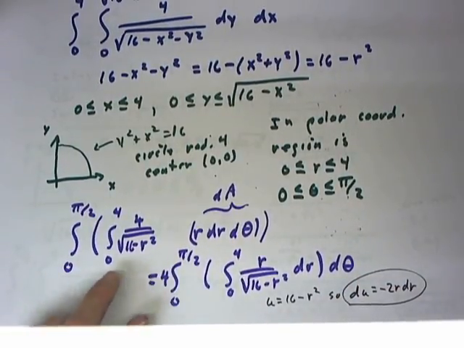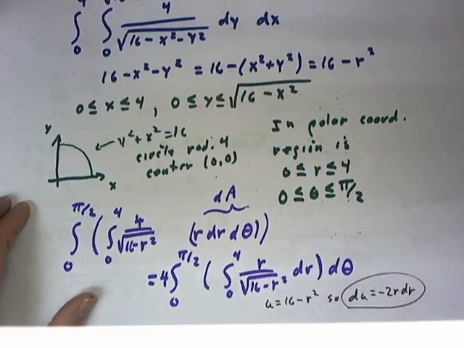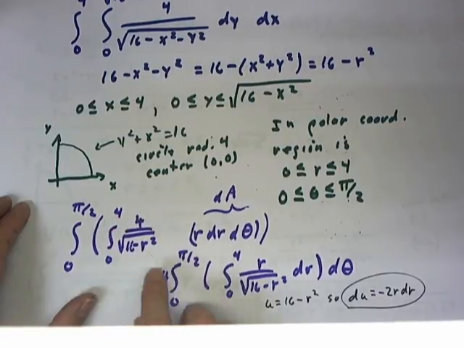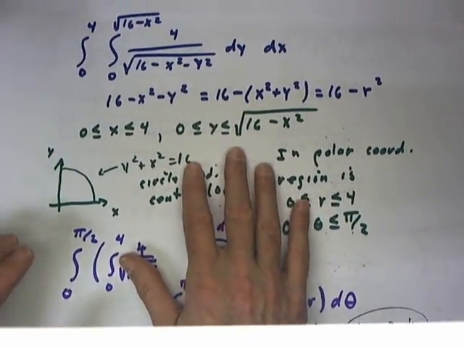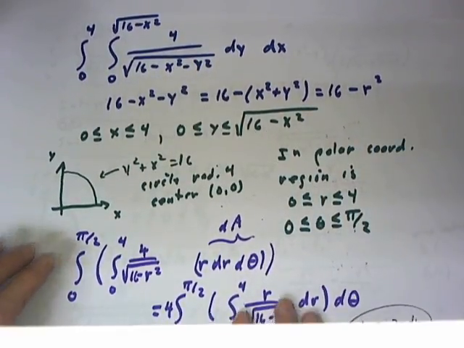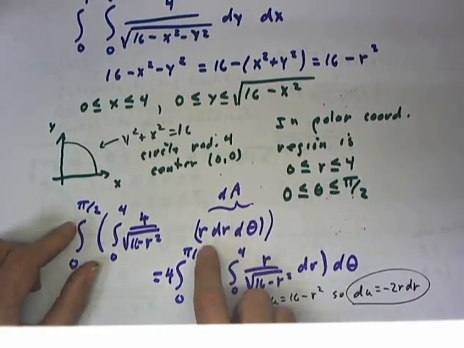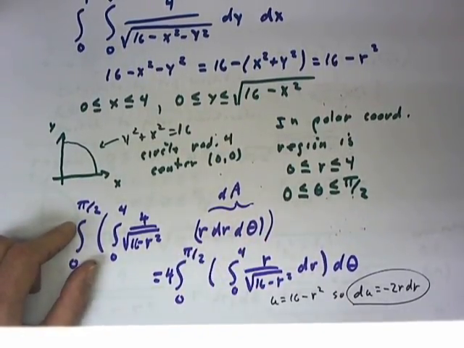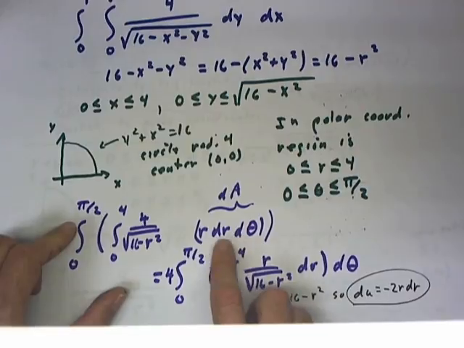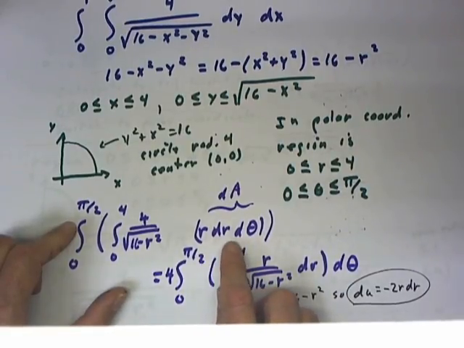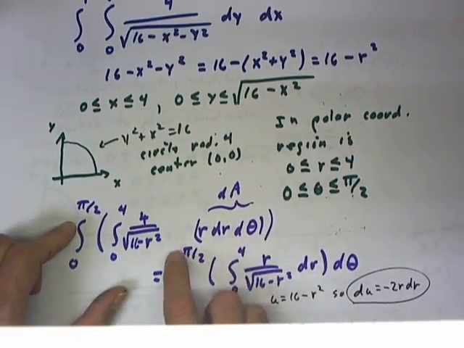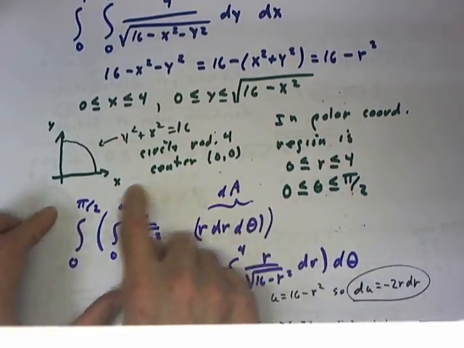Our integral can therefore be written in polar coordinates very simply. Theta goes from 0 to pi over 2, r goes from 0 to 4, and our expression 4 over the square root of 16 minus x squared minus y squared just becomes 4 over the square root of 16 minus r squared. Our area increment is r dr d theta, and recall how that comes out of the Jacobian, how that was derived simply by the meaning of the partition and the dimensions of a typical increment of the partition. We end up with this integral,